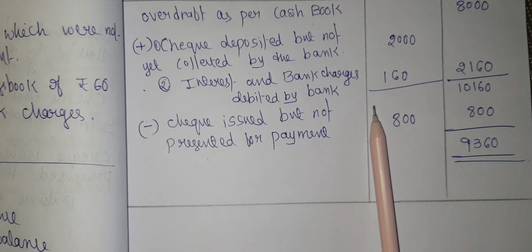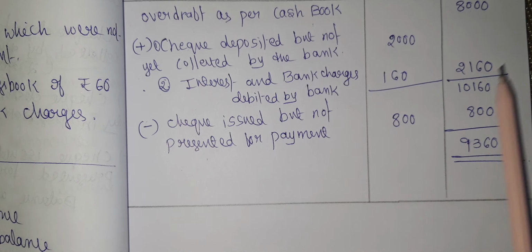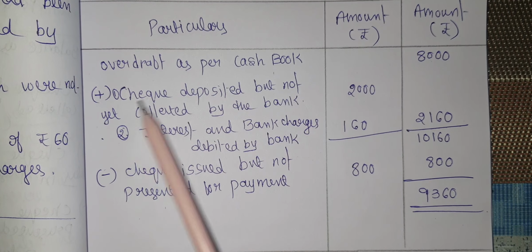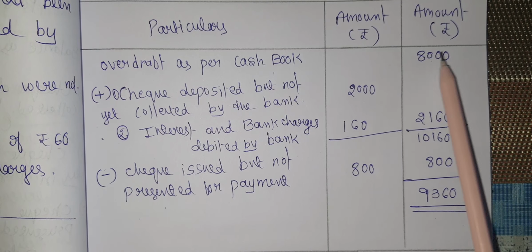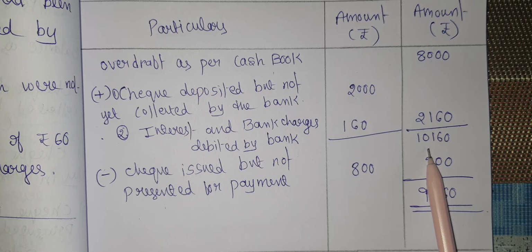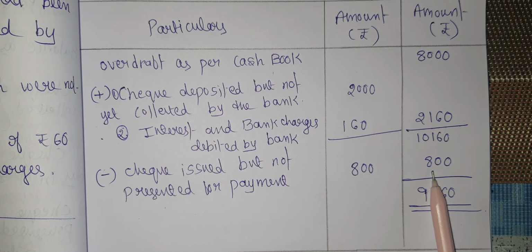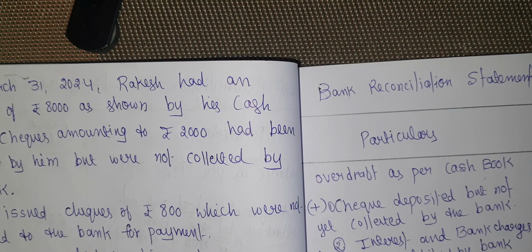Here we have finished the problem. See here, overdraft as per cash book is rupees 8,000, and we have to add 2,160. Adding 2,160 and rupees 8,000 gives rupees 10,160. Now less check issued but not presented for payment, that is rupees 800. We need to deduct 800 from 10,160, so 9,360 is our balance